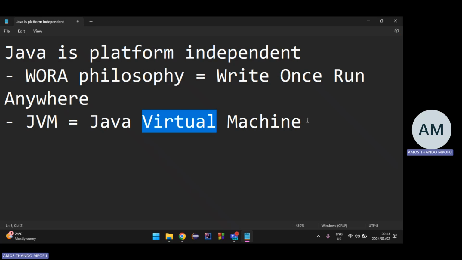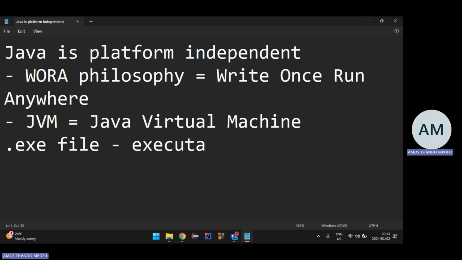Usually with Windows, we have what we call a .exe file. The exe stands for executable. So that's what happens after translation: it creates a .exe file.